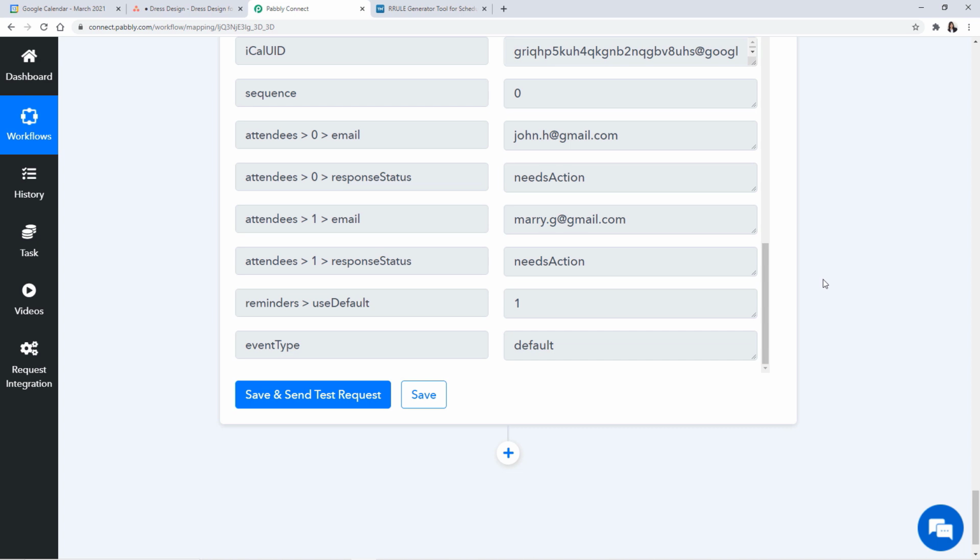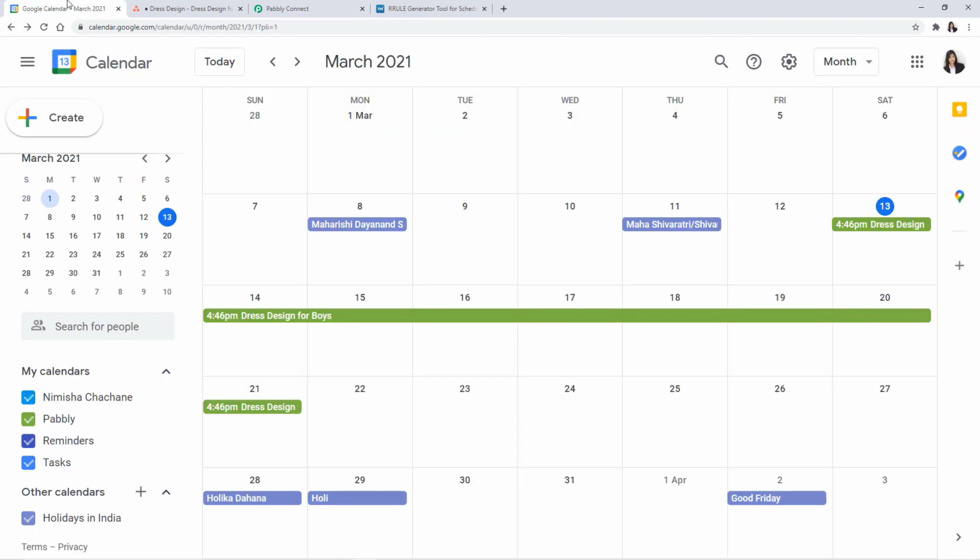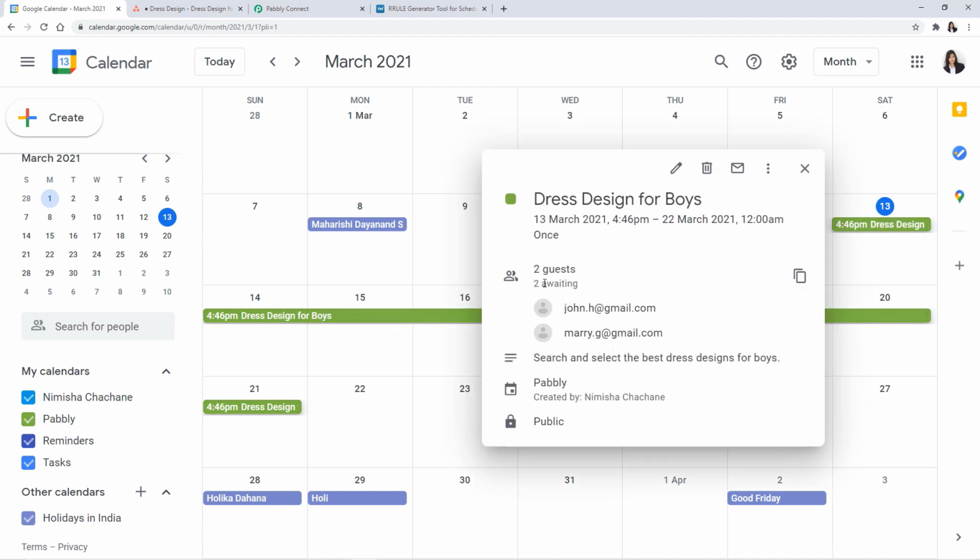The next step that we are going to do is check if Google Calendar is updated with the new task details or not. Moving forward to the Google Calendar account. Yes, as you can see, I have created the task on the 13th and my due date was the 22nd. So from the 13th to the 21st, Google Calendar will notify me about this event. Also, let us check the task details. The guest name is fine, the description is fine for me, and the time is also fine for me.